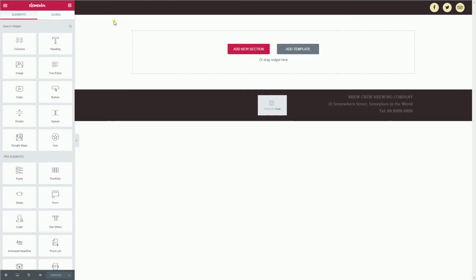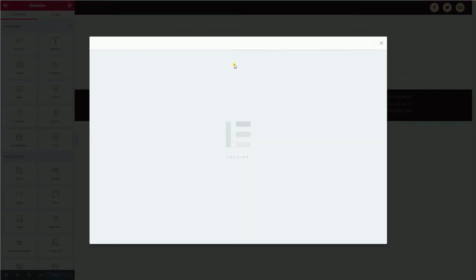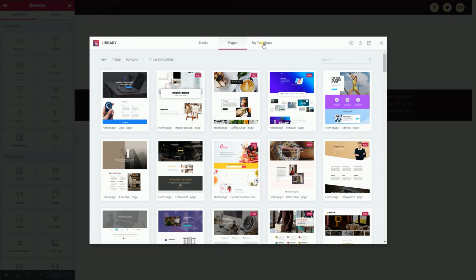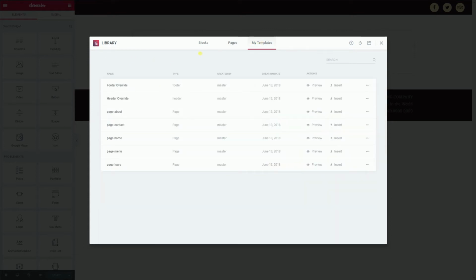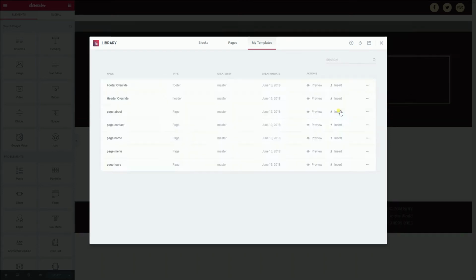Here we are with a fresh new page, and we can see our header and footer are already positioned ready for us to add the content. To import the about page, all we need to do is go to add templates and click on my templates. Here are our 5 pages. We simply insert the about page,